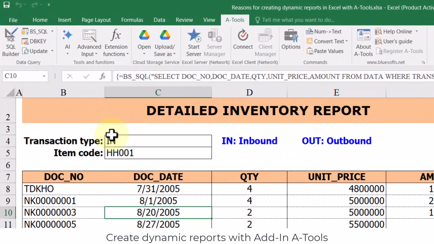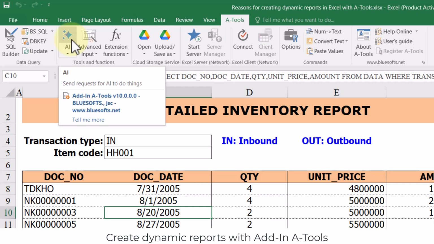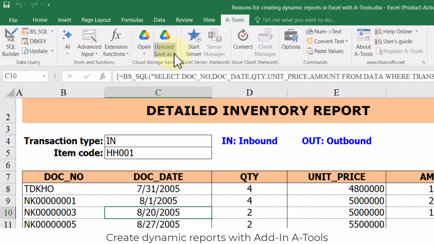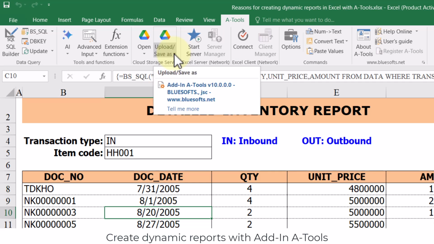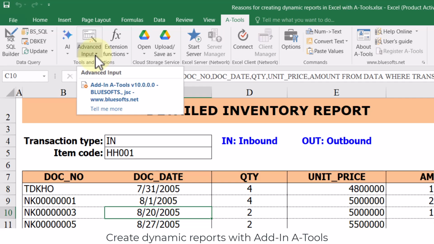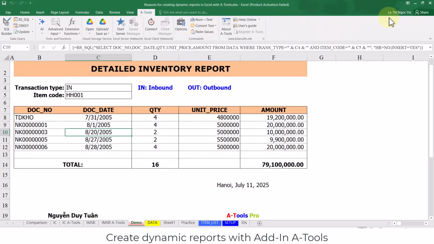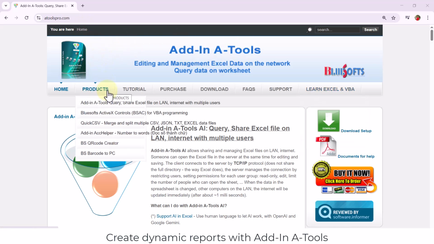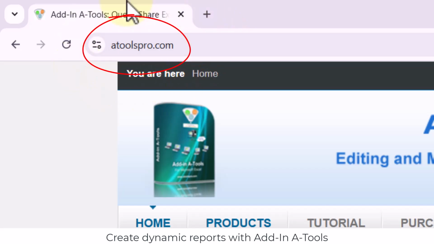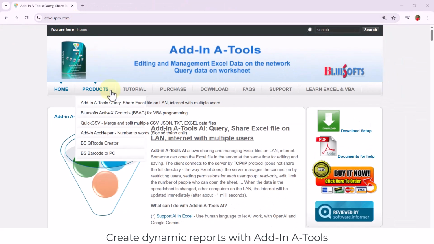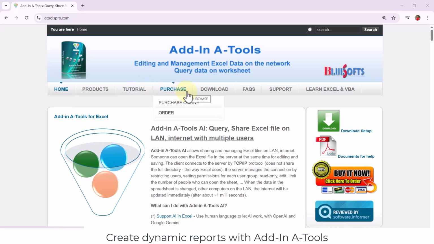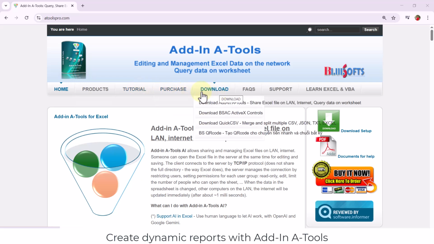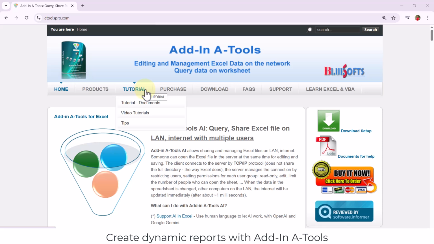The latest updated version of A-Tools also allows for the use of AI, synchronization between Excel and Google Sheets, Excel online compatibility, data entry with quick search support, and other powerful array processing functions. Users can experience these basic features with the free version, A-Tools Free, available on the official website, atoolspro.com. The full feature version, A-Tools Pro, is also available here. There are various PDF documents and video tutorials on how to use A-Tools on the website for users to reference